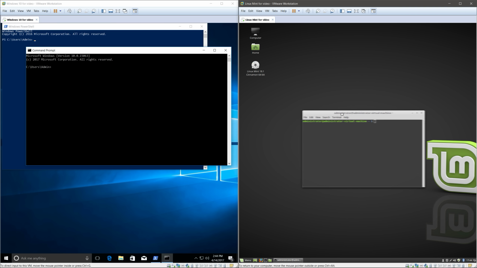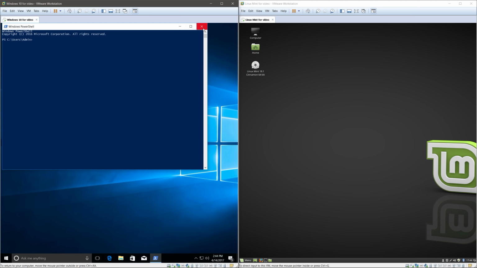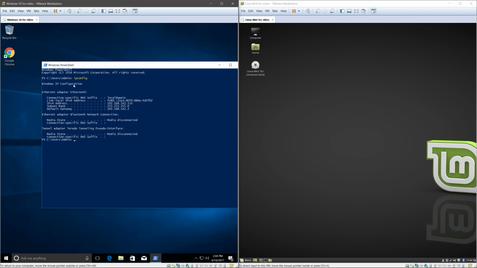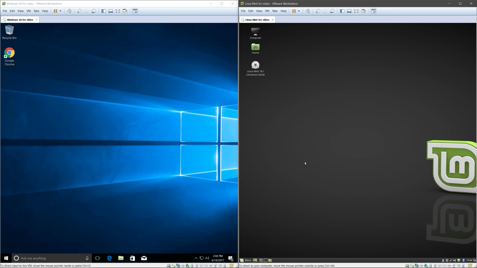But for the most part, in my personal opinion, you probably wouldn't ever have to touch the command line in Linux Mint, just like the majority of people that do touch the command line in Windows, all they do is fire it up to run, let's say, ipconfig, and it'll tell you your IP address and stuff like that. For the most part, I just don't think Linux Mint is necessarily any harder to use